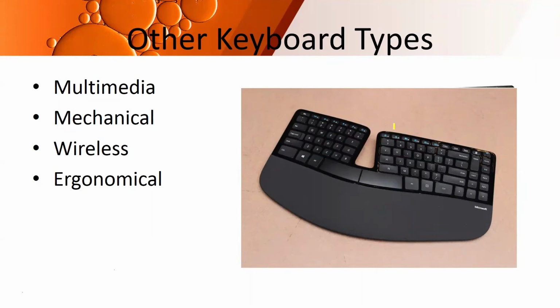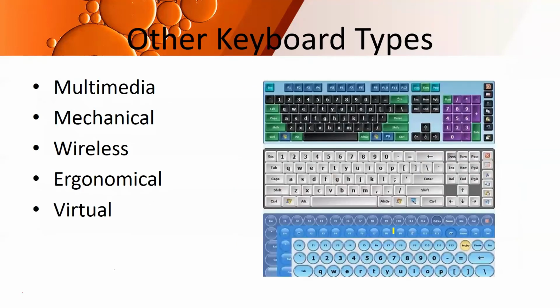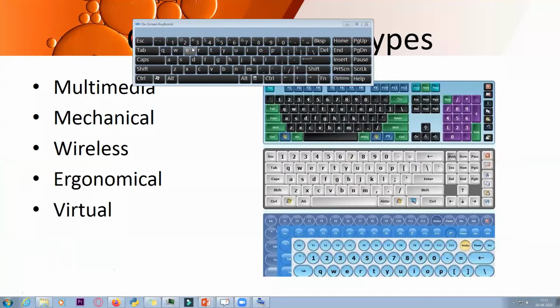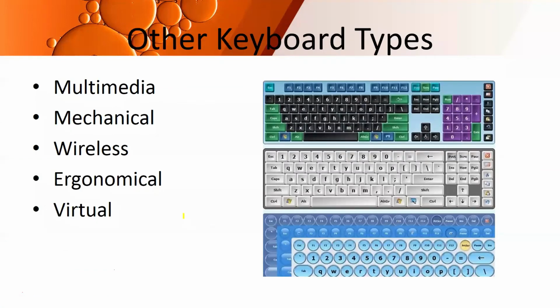So you can see this type of keyboard is aligned according to our hands, and we can place our hands comfortably, so working will not be a very difficult task. Virtual keyboards: you might have seen an on-screen keyboard. I'll show it to you right on the computer. Go to start and just type keyboard, and you get the option on-screen keyboard, and it quickly opens this on-screen keyboard, right? So these are virtual keyboards. These are the various types of keyboards which you see.